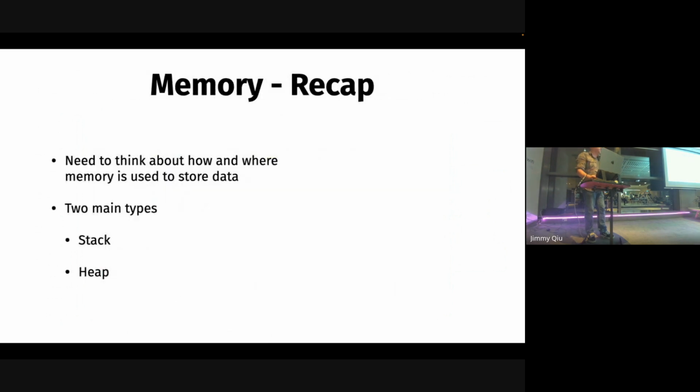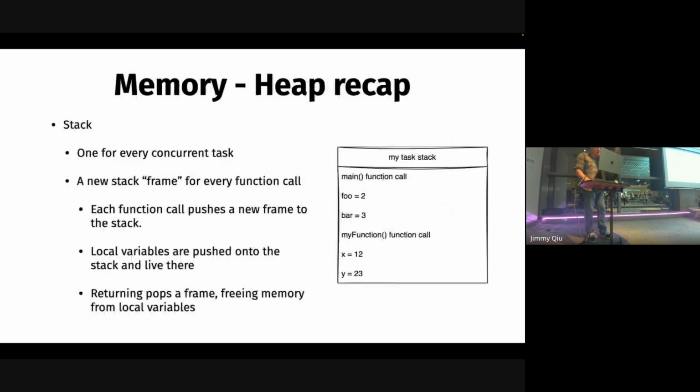And so one of the ways we build this in is thinking about where memory lives and how it's actually used in memory. So I'm going to do a quick recap of CS 101. Two main types of memory you've got to deal with in systems: stack memory and heap memory. So, recap of heap memory. I've got stack there, which is dumb, at the top. Generally said heap for that top word.